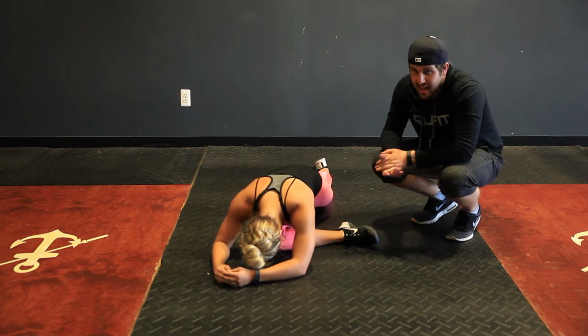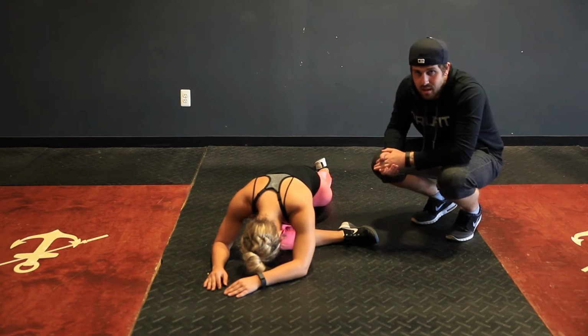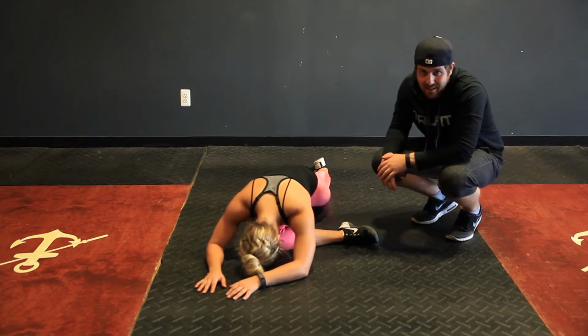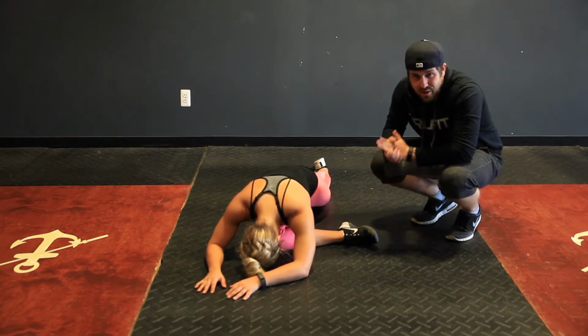Okay, so she's just relaxed here. Leg is nice and straight out. If it's slightly bent, that's okay too. The biggest thing I don't want you to do is hold yourself up. You're just melting into that knee. So just rounding in. We're not gonna do this in necessarily real time today, just for the video's sake, but